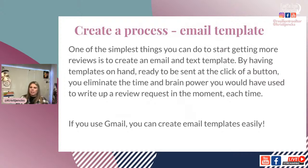One of the things that we do that's also helpful is we create a template email. So in Gmail, they're called canned emails. And you can create a nice canned email that allows you to ask for a review via email. Sorry about the hiccups. You can also create a template email in your CRM, right? The main thing is that you have a process and you're not winging it. You could even create a